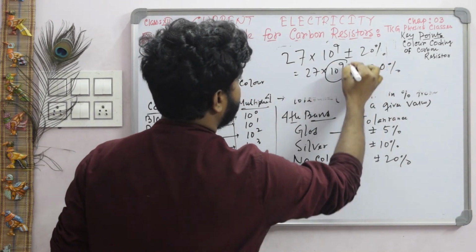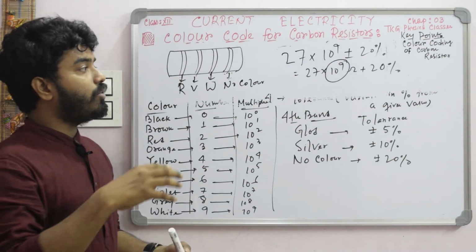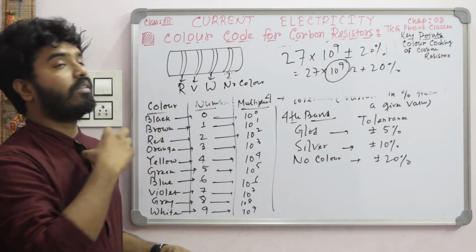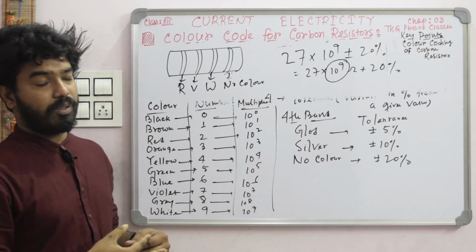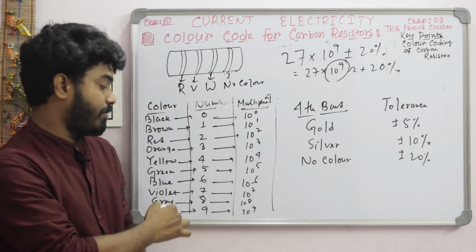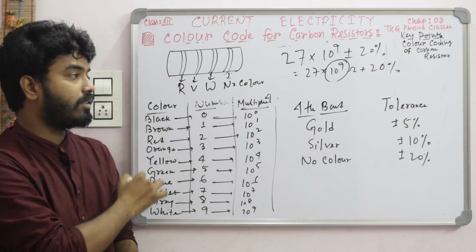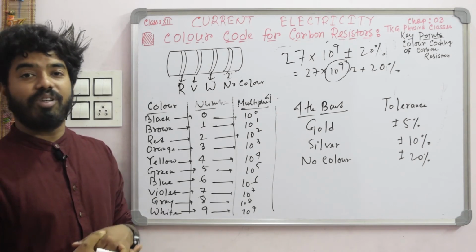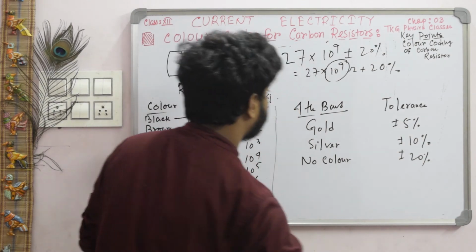You just check, the order becomes more, that is 10 to the power 9. So in this way, using color we can find out the value of resistance. Okay. Now the question is how to memorize this table, how to memorize the order of these colors. For memorizing the order of the colors, we have to use one sentence. Write it down fast.